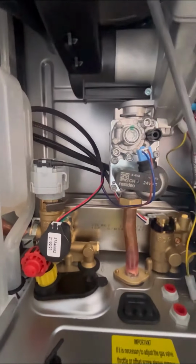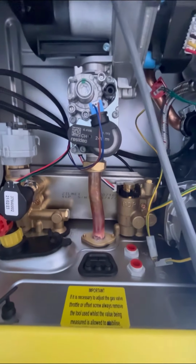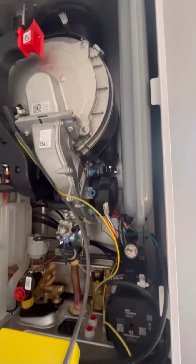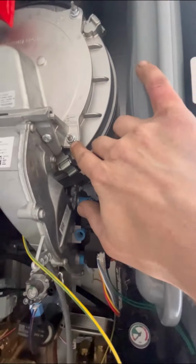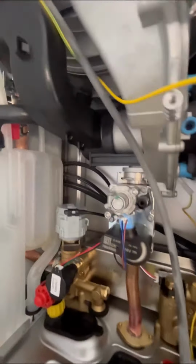On the left hand side, you can see the diverter has changed, but that's still on a clip, nice and easy to remove. Brass hydraulics still. And if we look up at the heat exchanger, that's different, but it's still 4 nuts. Disconnect your gas valve, take the electrics off, and you get in there nice and easy to do full strip